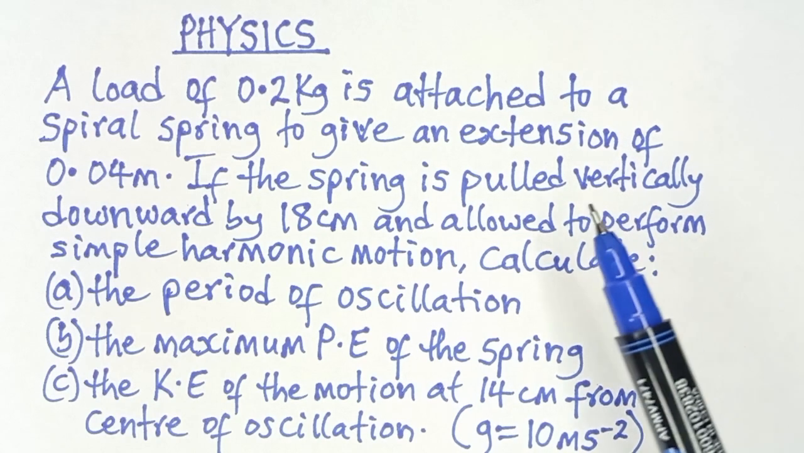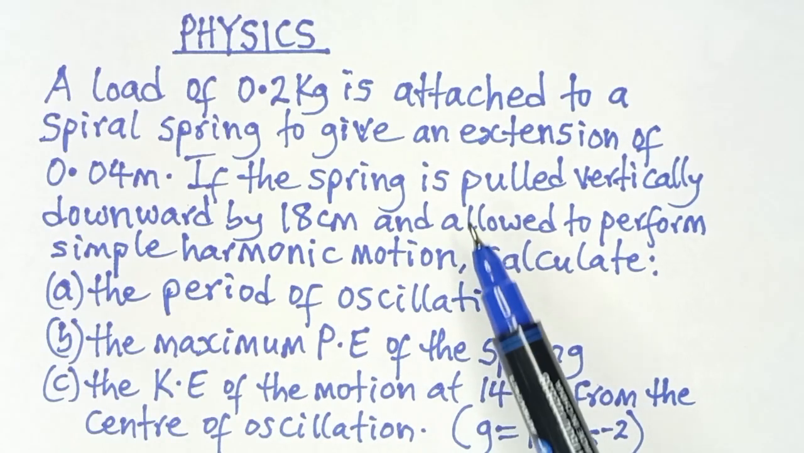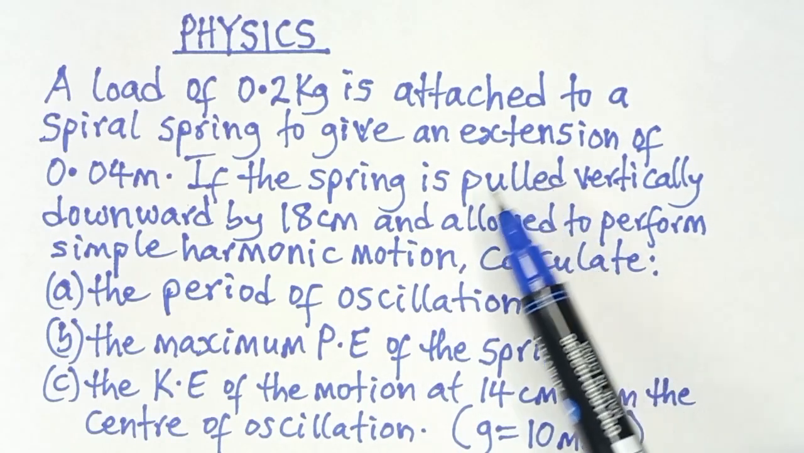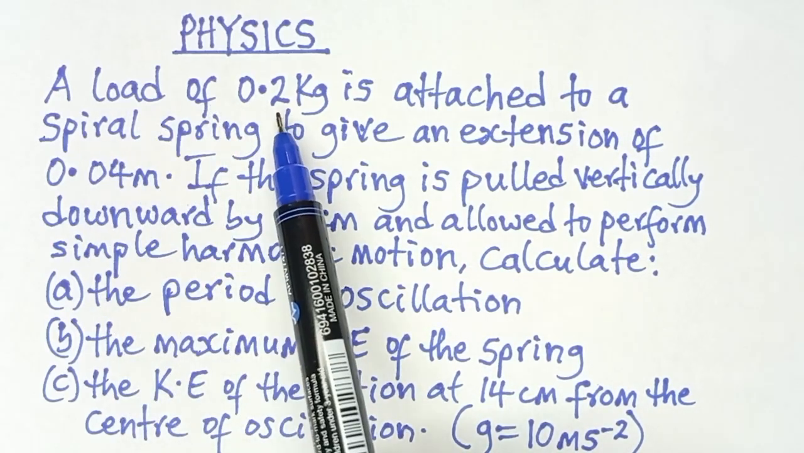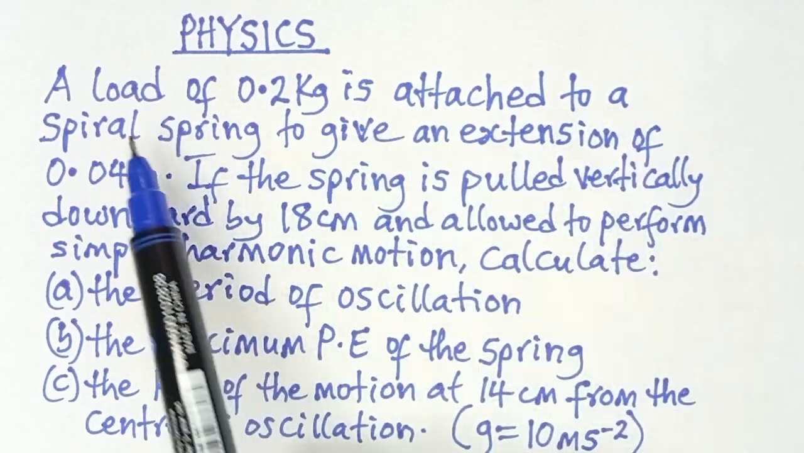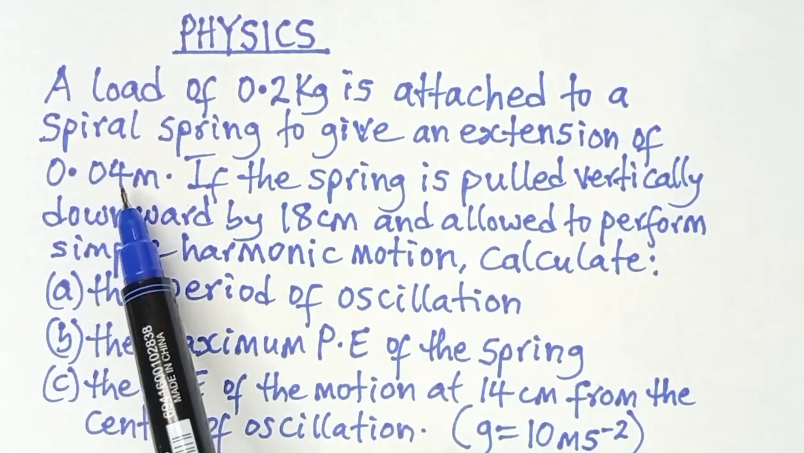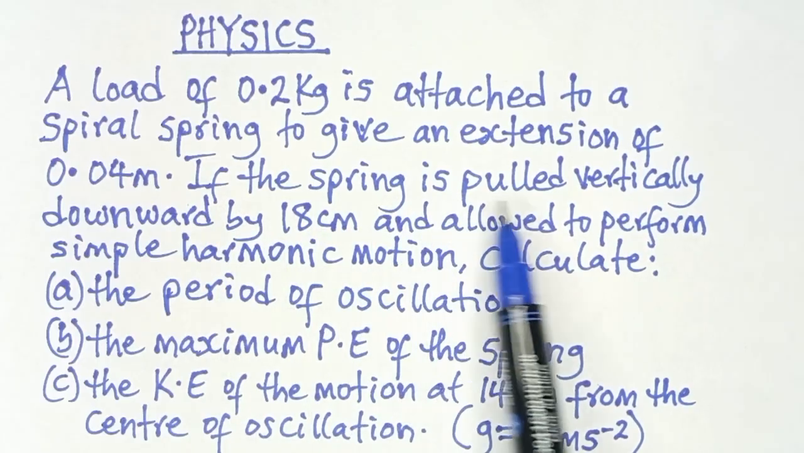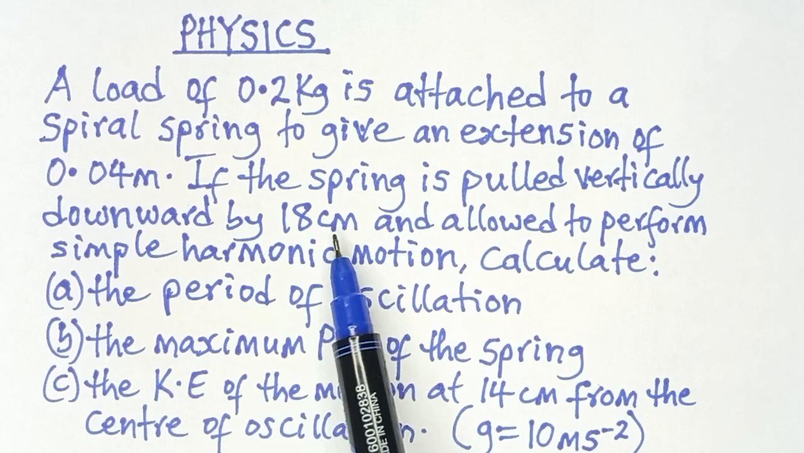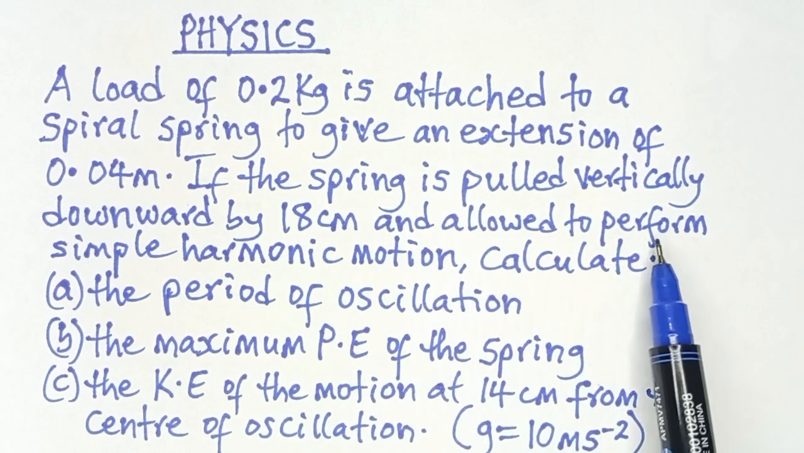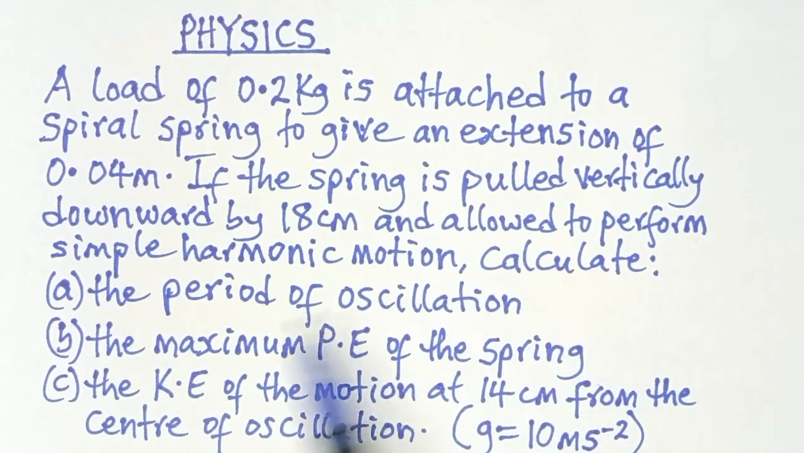Hello, you are welcome. I have a question here on simple harmonic motion of a spiral spring. The question says a load of 0.2 kilogram is attached to a spiral spring to give an extension of 0.04 meter. If the spring is pulled vertically downward by 18 centimeter and allowed to perform simple harmonic motion, calculate